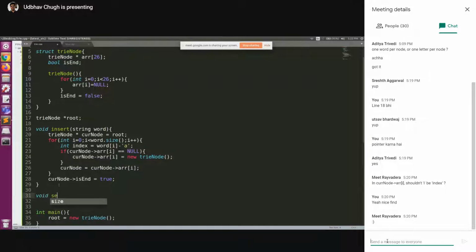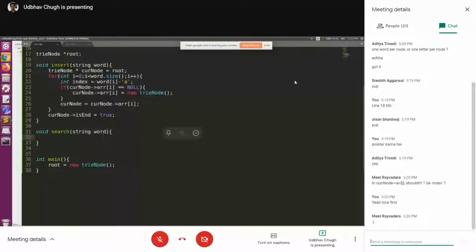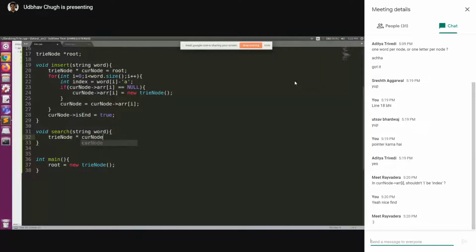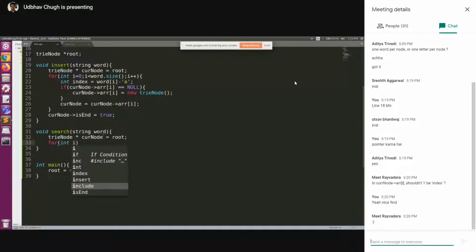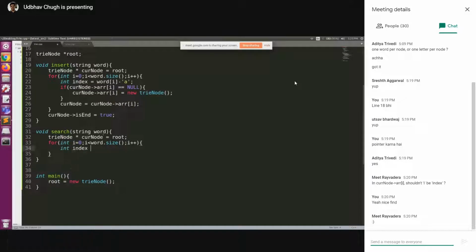Now let's look at how we'll search for a particular word in our trie. Again, I'll use the current node as my root. Now I'll traverse my entire word. This part is similar to what I did above. Now I have the index.